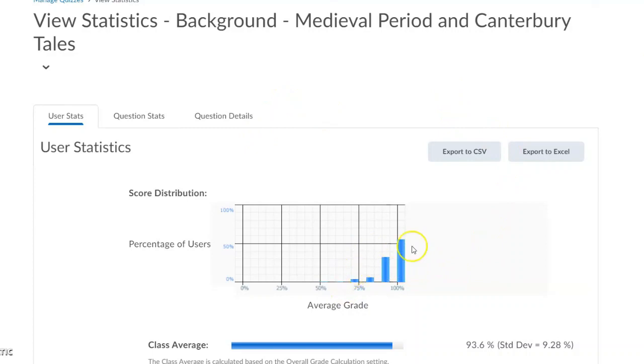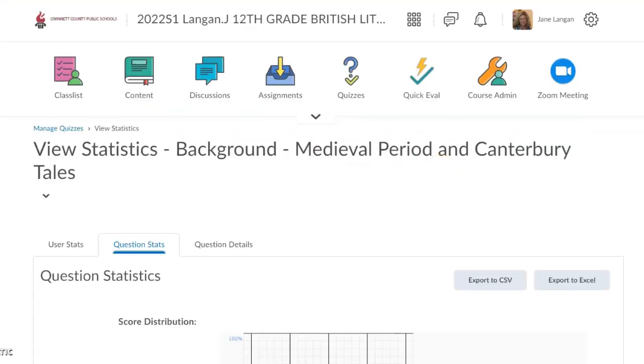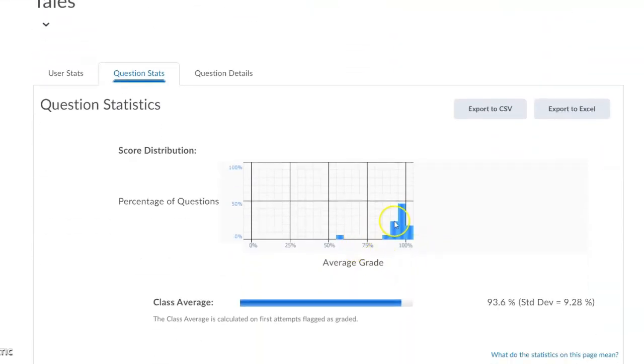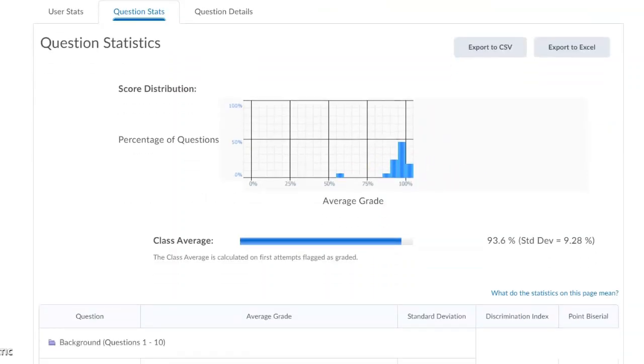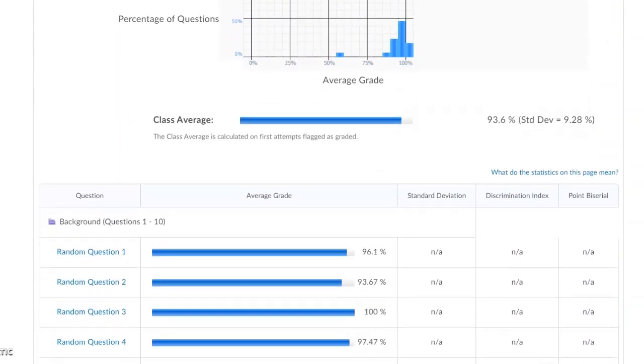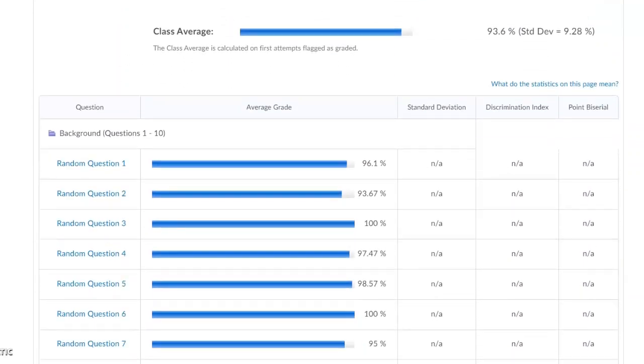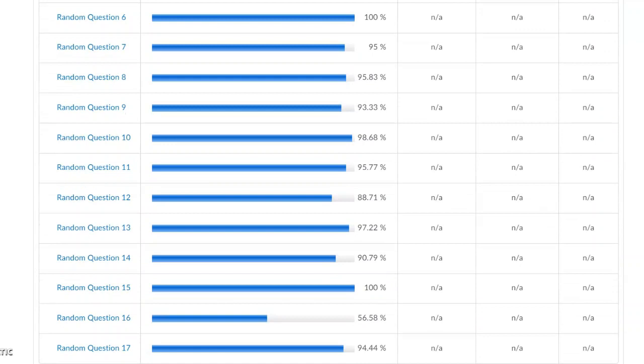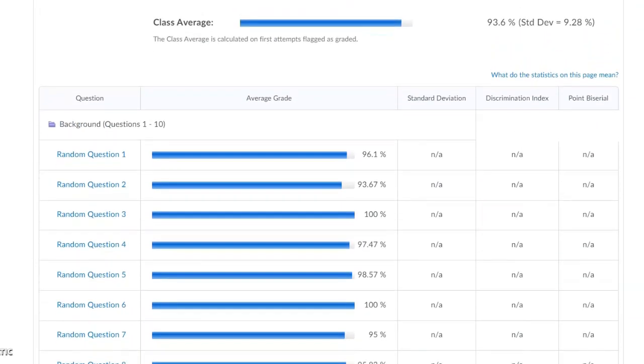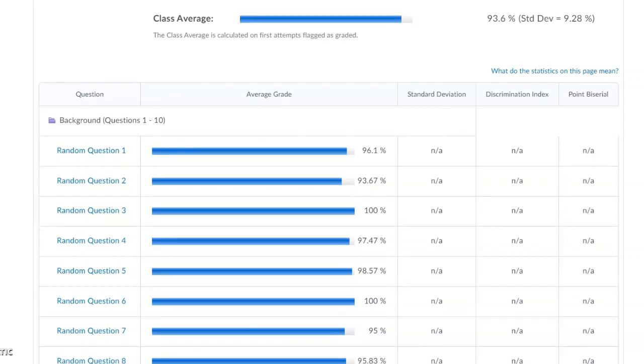But what I'd like to look at more closely is the question statistics themselves. So in the question stats, you can see there was quite a variety here of performance. And what I'd like to do is look more deeply into that. So there were 17 questions. I created a question pool of 17 questions, and the students would get 10 random questions out of those 17. And what I want to do is show you how helpful this can be when we